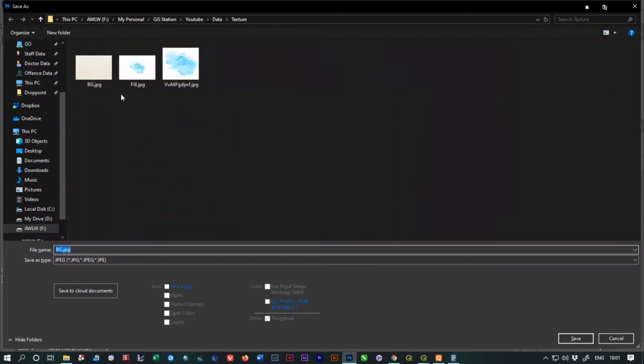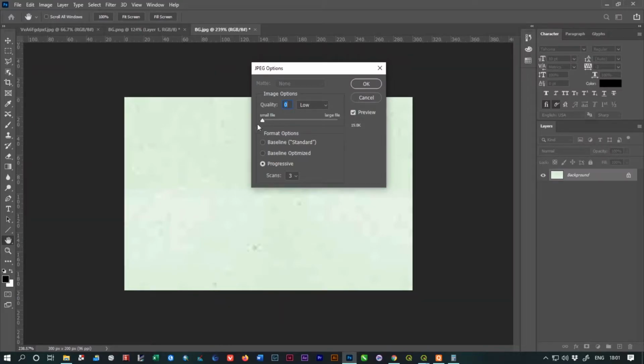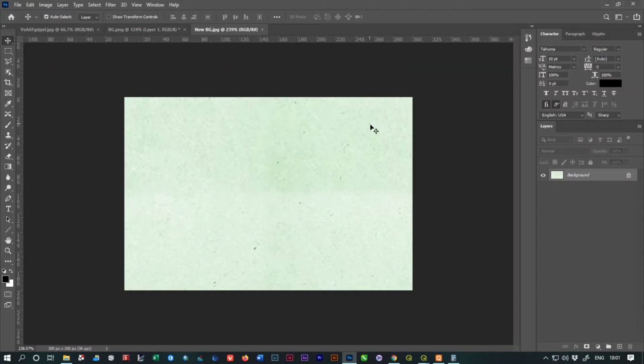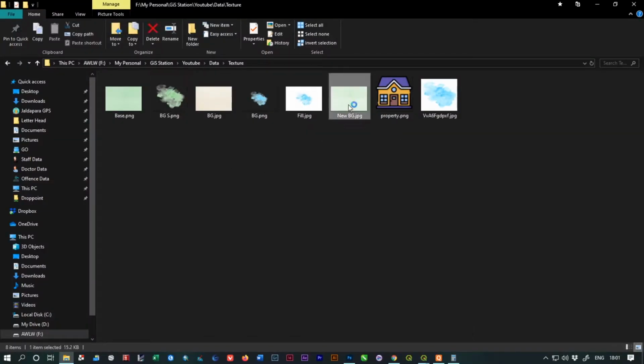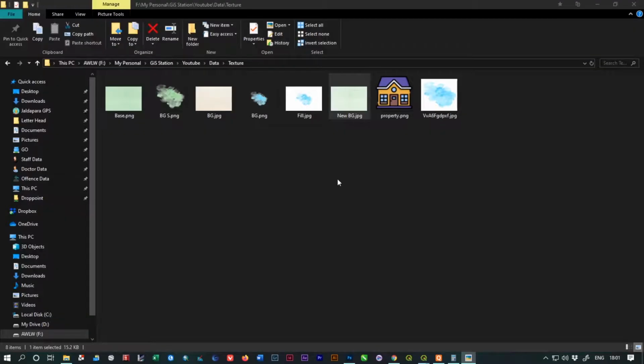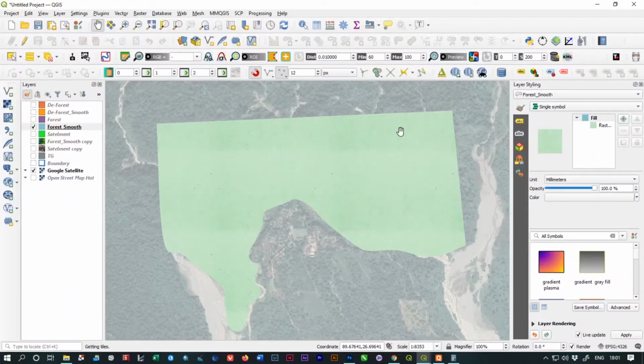I'm going to save this and give the file name as new background and save this as JPG, no issues. Okay, now I'm going to save this, and it's okay. We're going to use quality 6. Okay, now you can check your data. It is your new background, which looks like this, and we are going to put this on your forestry